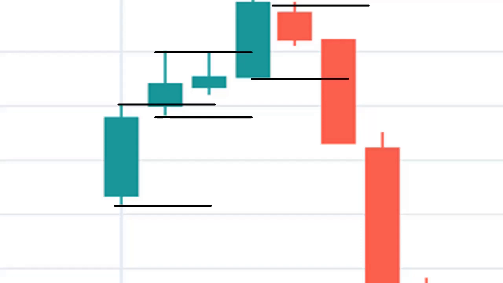Now the fifth candle is a red candle, but it has closed between the high and low of the green candle, so our bias should be positive. But the sixth candle has closed below the low of the green candle, so we mark the high and low of that sixth red candle. So here you can see that the market was going up, and now the red candle has crossed below the low, so you can say that the wave that was going up has now ended, and the second wave has started. Initially it is going down now, so it may go down for a while.